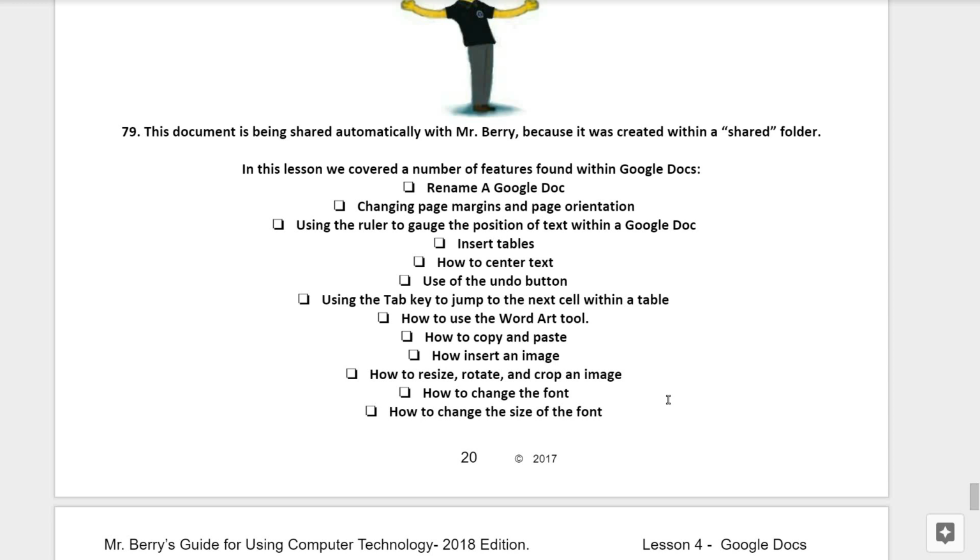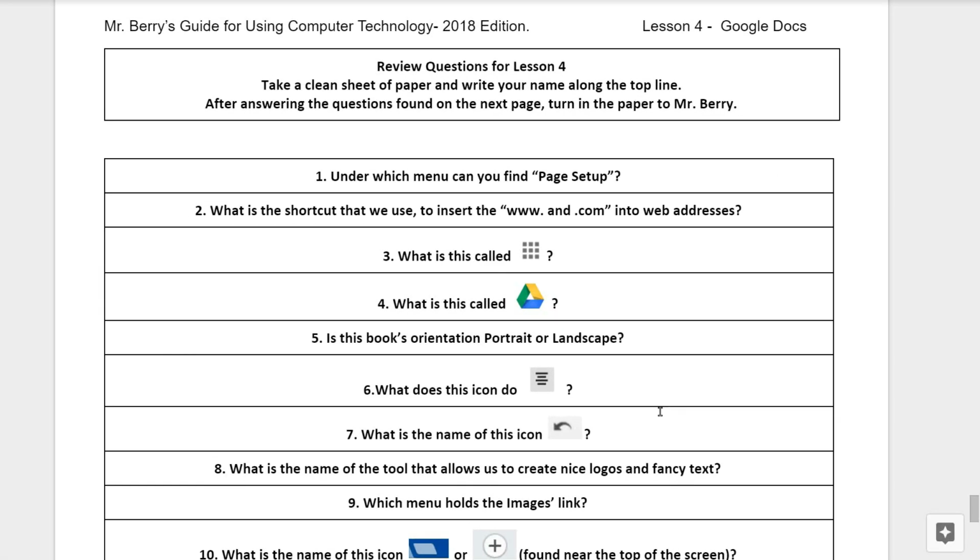We used the undo button, using the tab key to jump to the next cell within the table, how to use the word art tool, how to copy and paste, how to insert an image, how to resize, rotate, and crop an image, how to change the font, how to change the size of the font. We'll now be ready for review questions for lesson number 4.